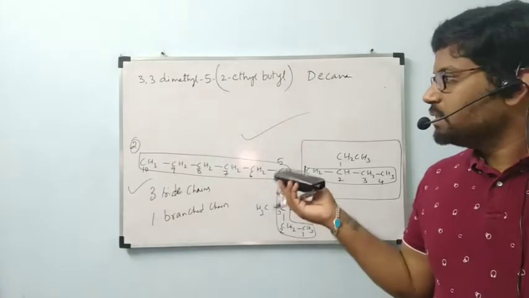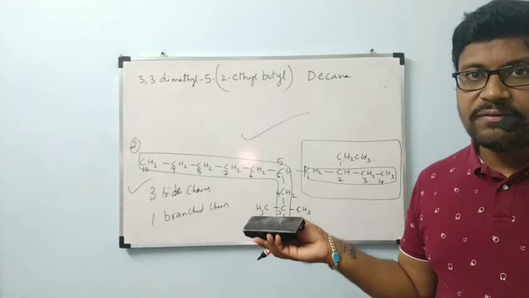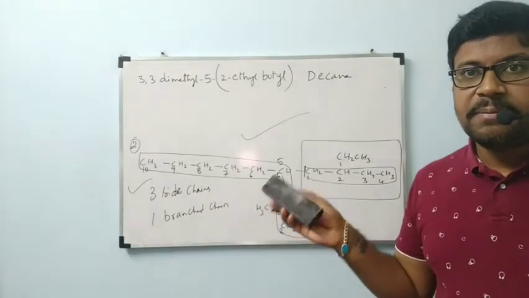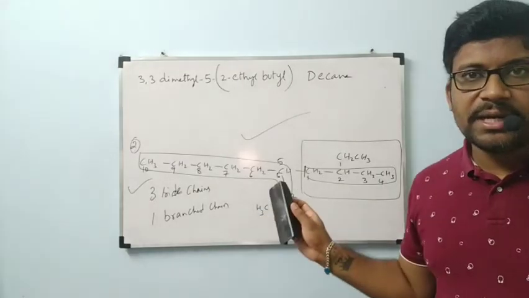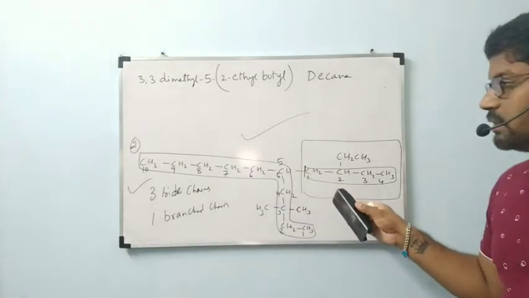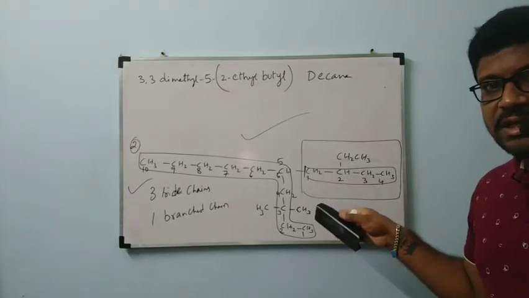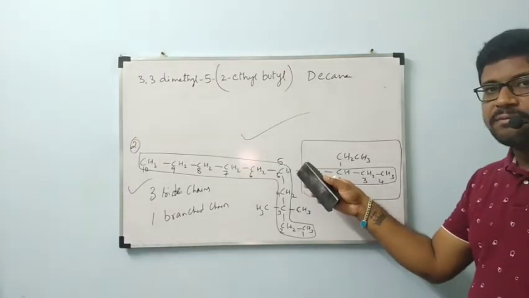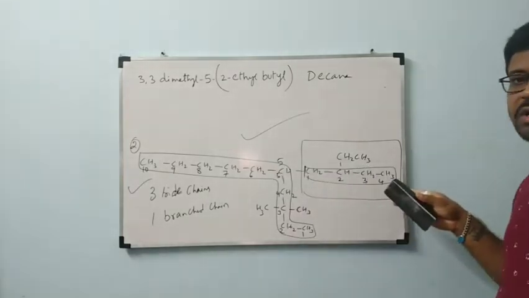Please understand clearly. So many times I explained. In what way do we have to select the parent chain? That parent chain must contain the maximum number of side chains. In that way I selected the parent chain. After that, how to give the name of the side chain? Even though it contains a branched chain also, we have to start numbering from the carbon which is bonded to the parent chain as 1. From there 4 carbons.